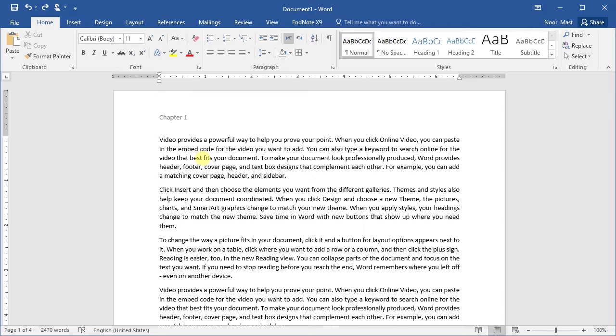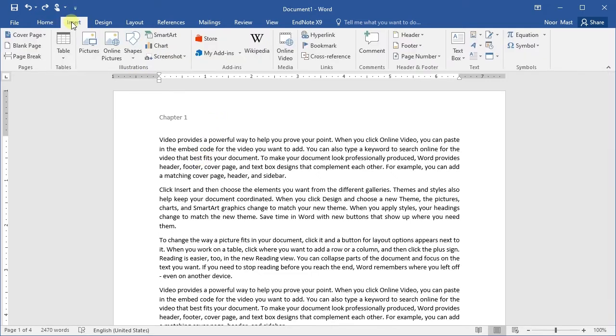To insert a predefined or preset header or footer, Word has a variety of predefined headers and footers, so you can select any one of them in your document you want to use. To insert predefined header and footer, select the Insert tab, then click the header or footer command, depending on which one you want to insert.